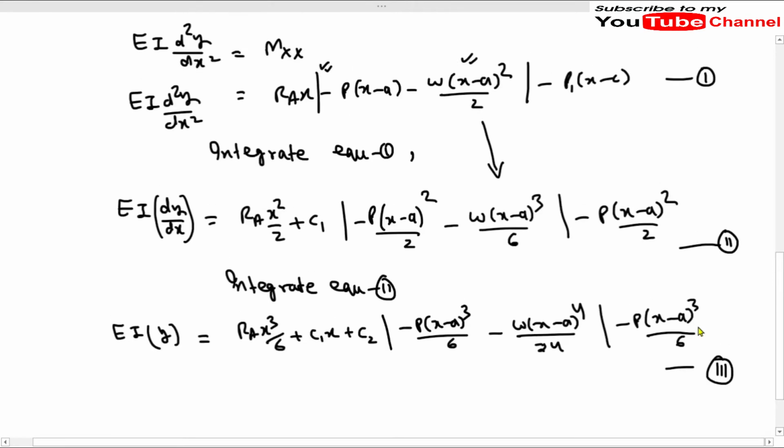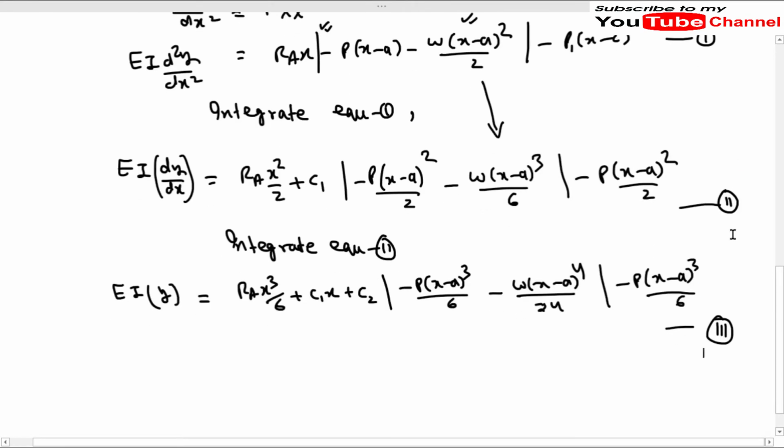third. Okay, now we have got 3 equations and we have only 2 constants, which are c1 and c2. Now I will tell you why I have written these c1 and c2, because in this method these c1 and c2 will remain same for the whole beam, no matter where you are going to find out the deflection and slope by using these 2 equations. So that's why I have written these c1 and c2 constants here. So let me write it here. C1 and C2 will be same